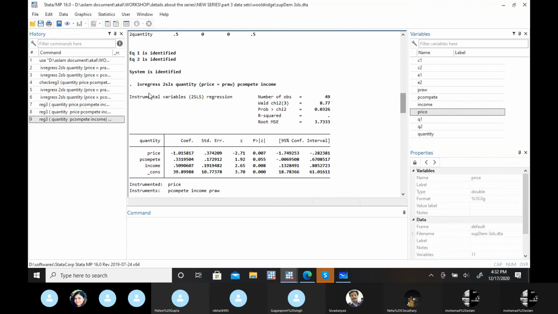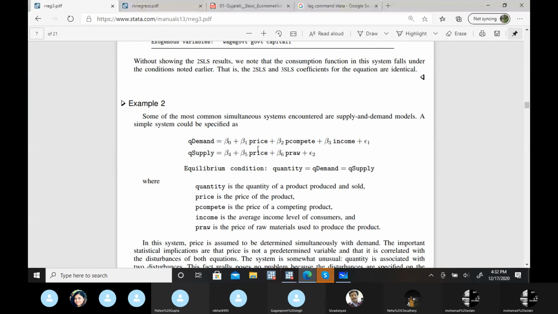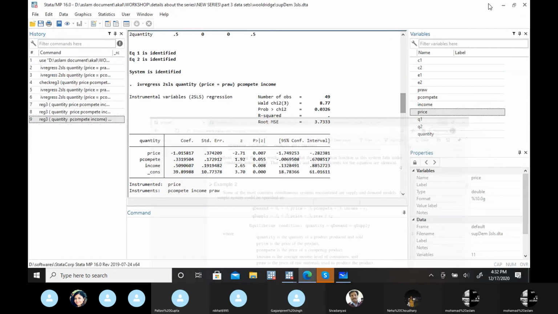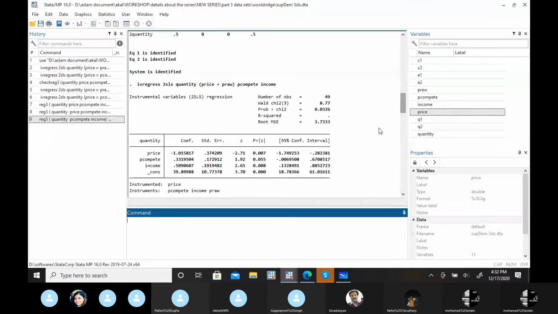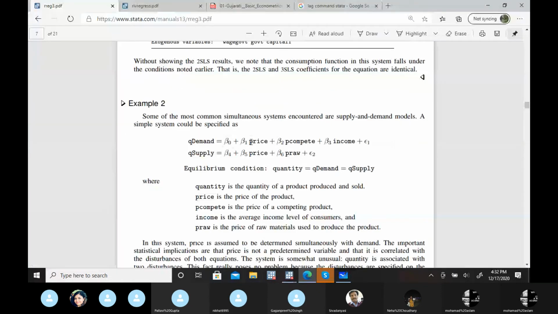So this is the practical problem with these models. Unless your second equation dependent variable is repeated with some endogenous variables, this reg3 command produces different results because Stata doesn't understand which of the variables is endogenous. For Stata, this price variable is not an endogenous variable. Like in the previous case, that profit case in this Klein's model, we have taken that as a predetermined variable. But maybe in the theoretical background in Klein's model, that might be an endogenous variable. So these things you have to specify to Stata.